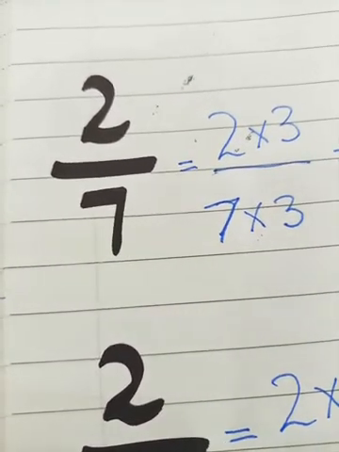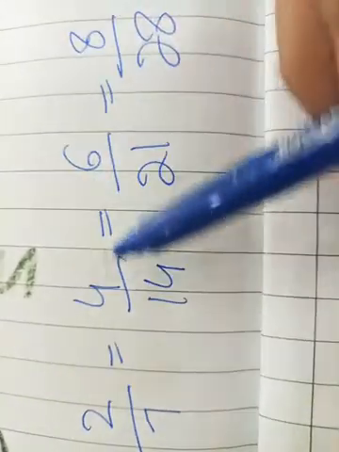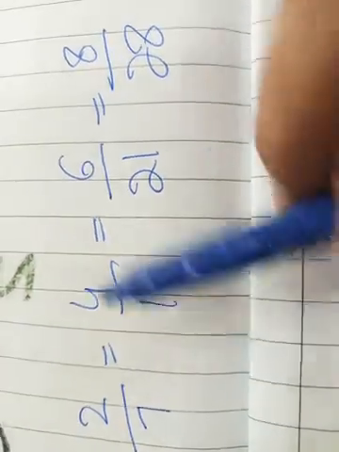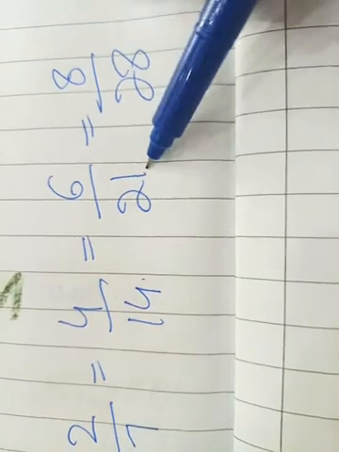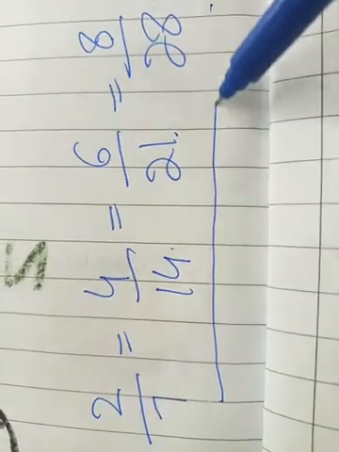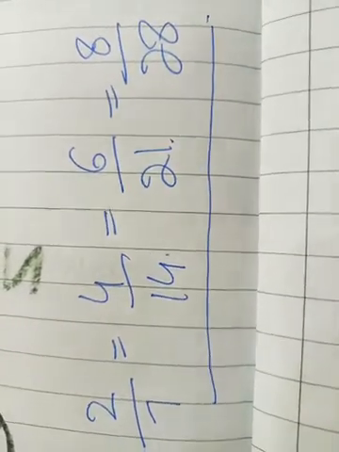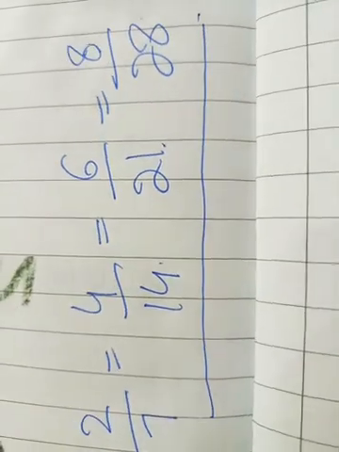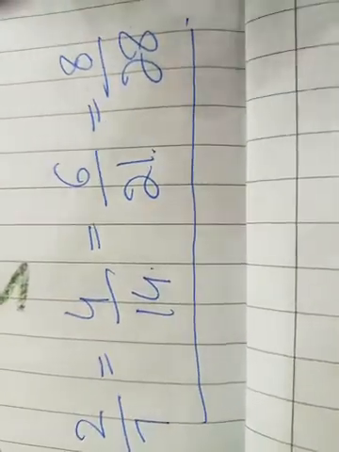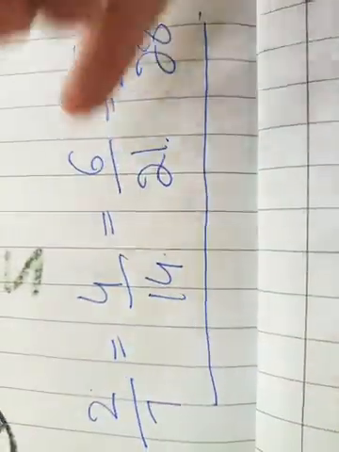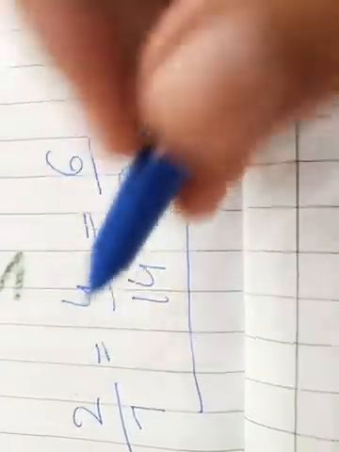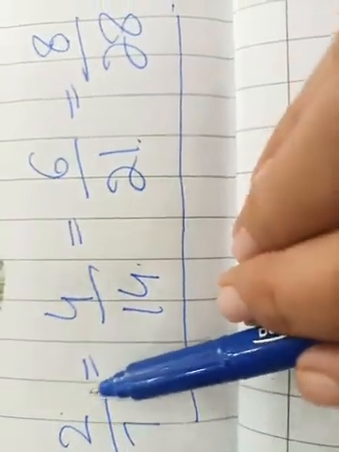You can also write these fractions as 2 by 7 is equal to 4 by 14, that is equal to 6 by 21 or 8 by 28. All these fractions are equivalent to each other and these are called the equivalent fractions. So students, you can find the equivalent fraction for any fraction, okay? But the numerator and denominator should be multiplied with only one digit or the same number, except 0. Students, it should not be 0, it should be any number but not 0.